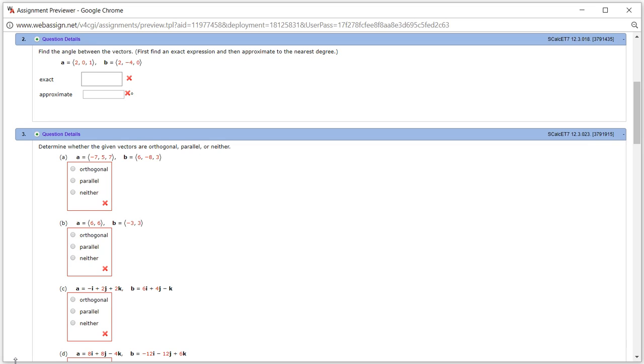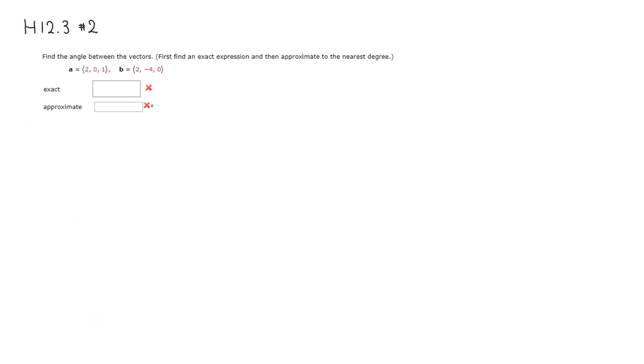All right, let's look at the homework 12.3, problem number 2. We want to find the angle between these two vectors. So let's do that. Remember that if you want to find the cosine